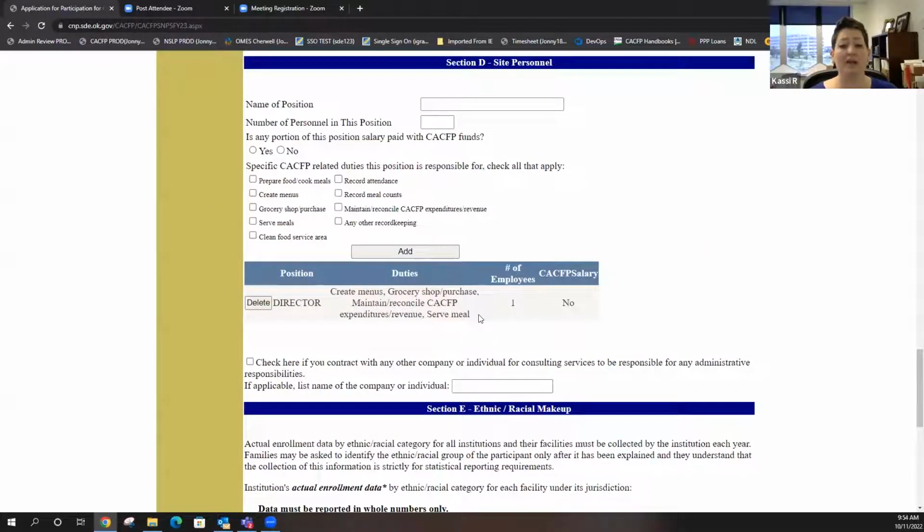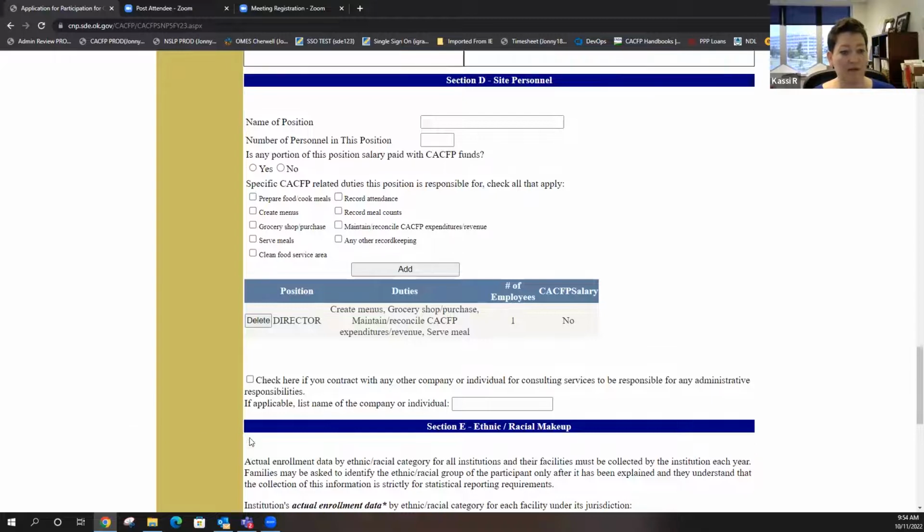You want to make sure you have at least one person doing something with cooking, preparing meals, creating menus, and at least one person doing something with the admin stuff. Everything listed on this left side is operating. That's people who cook the meals and peel the carrots and cook the carrots. The duties on the right are admin responsibilities. They're the ones that procure and buy the carrots. You might be a small center and you're the director and owner and do all these things, and that's fine. But make sure you've got those duties covered so we know who's cooking and who's keeping records.